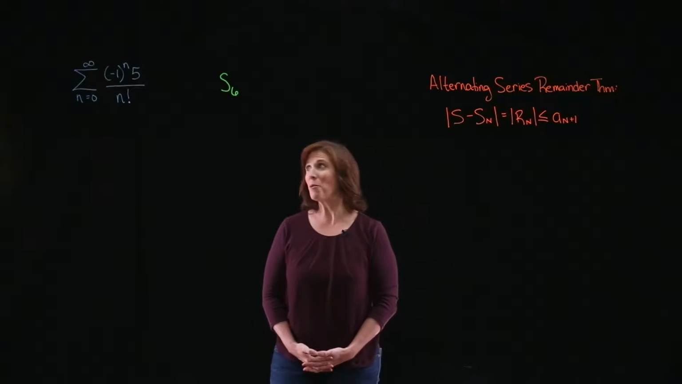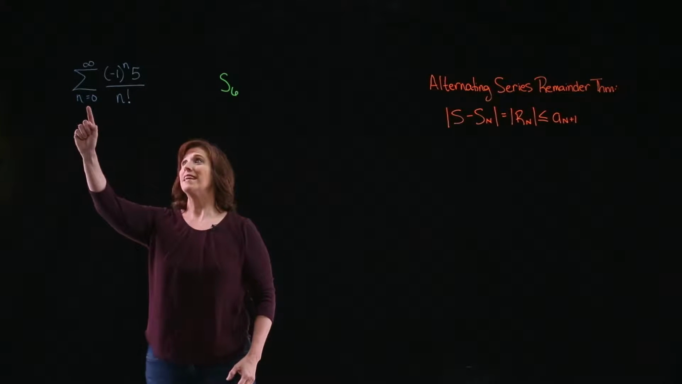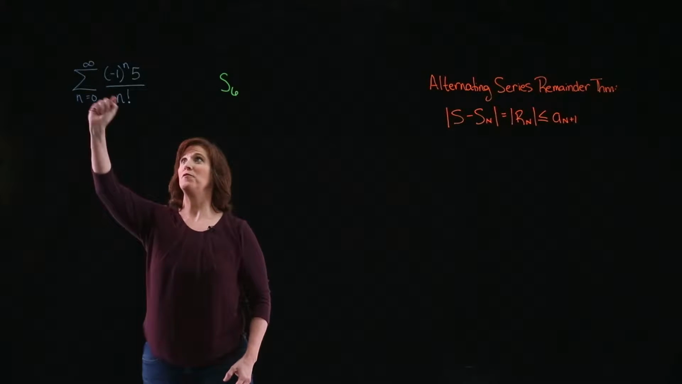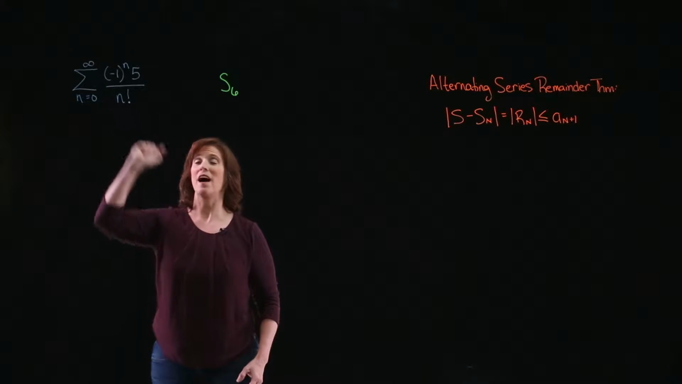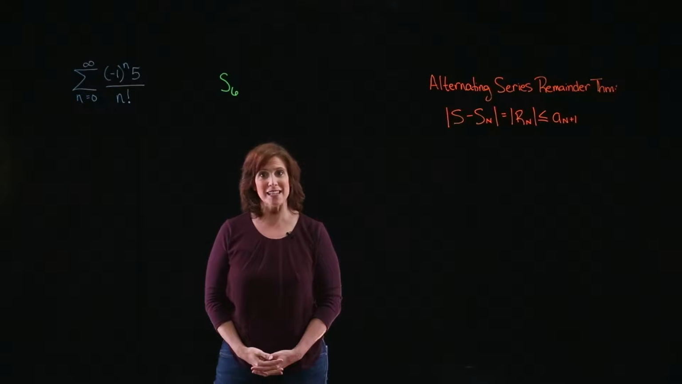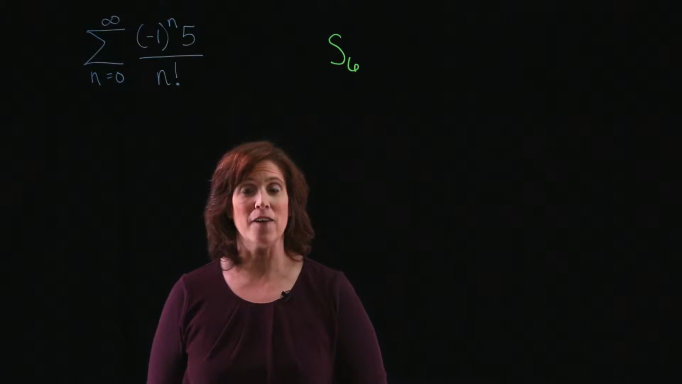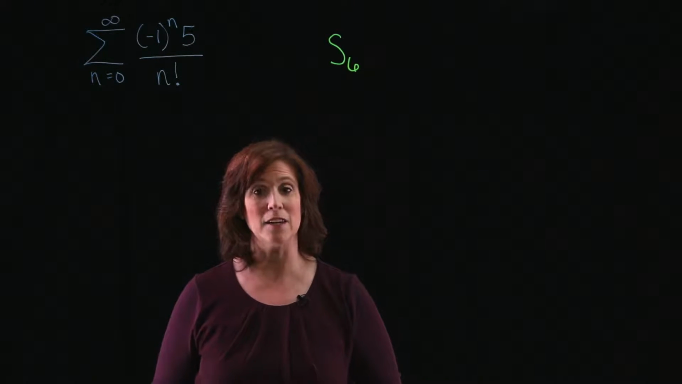Hi everyone, I'm Cheryl. In this problem, we're going to be looking at a series that is represented with the sum from n equals 0 to infinity of minus 1 to the n times 5 all over n factorial. We want to look at the first 6 terms of this series to get an approximation for the sum. To begin, we're going to take a look at the series and first verify that it does indeed converge to